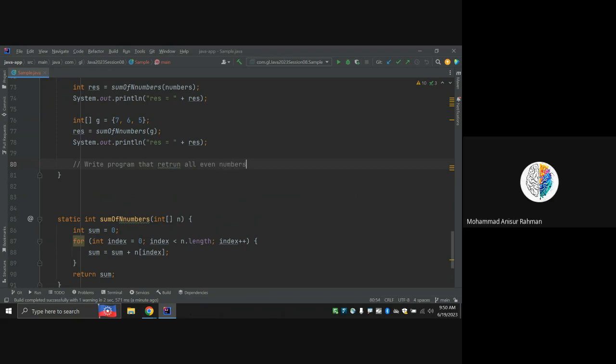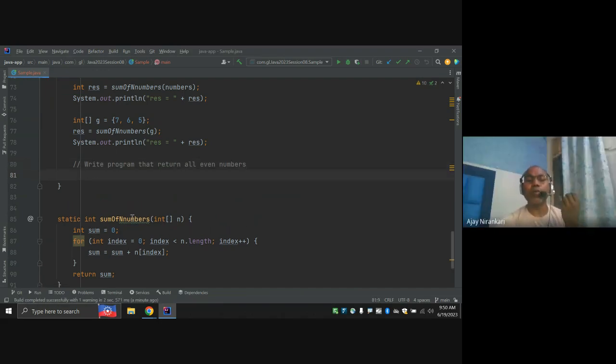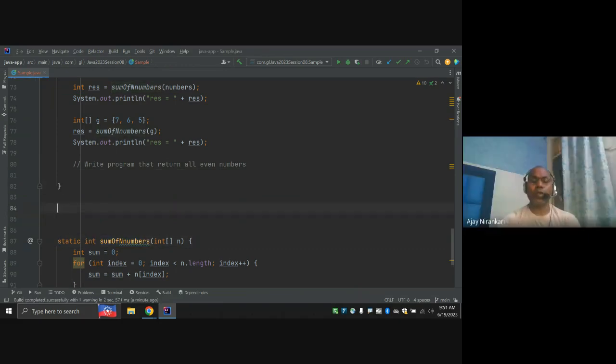Okay, we are going to write it down for tomorrow. Now, let's see how you write a function that returns an array, not only one value. So here, say one method